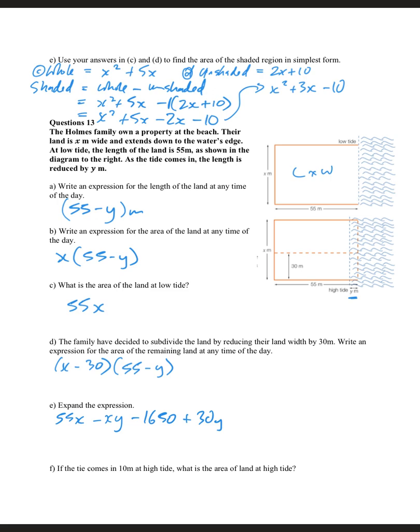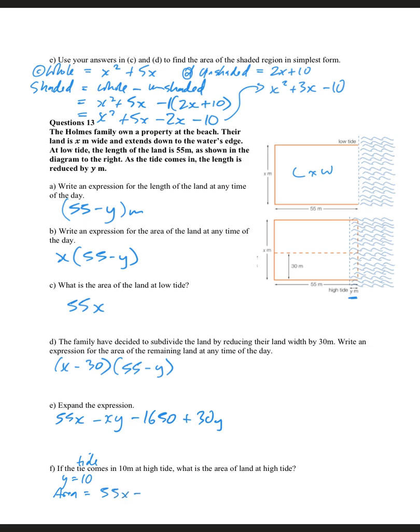That's expanded. If the tide comes in 10 meters at high tide, what is the area of land at high tide? So high tide, you're being told, is 10 meters in, so y is equal to 10. Area is going to be 55